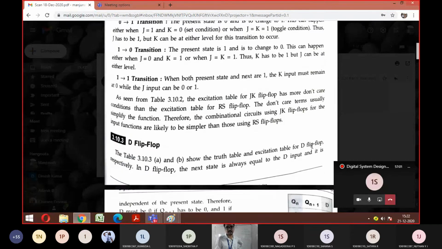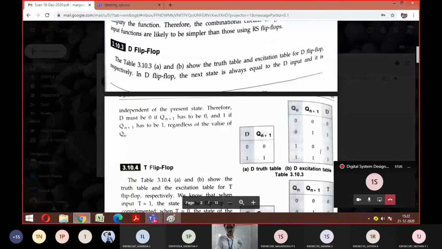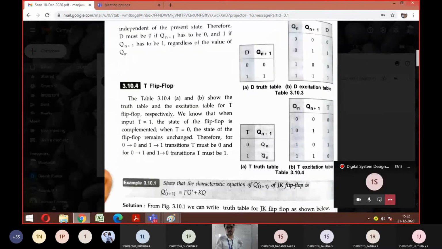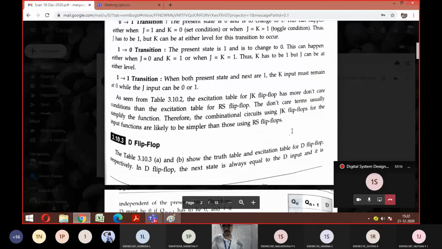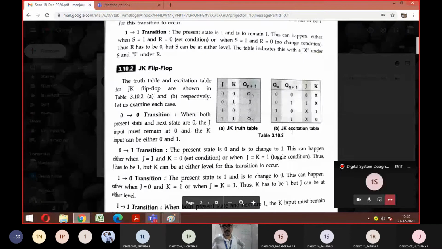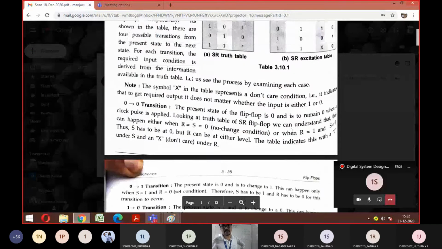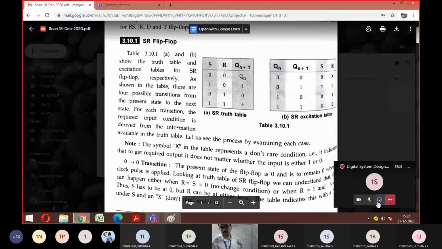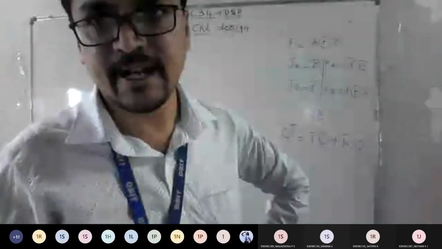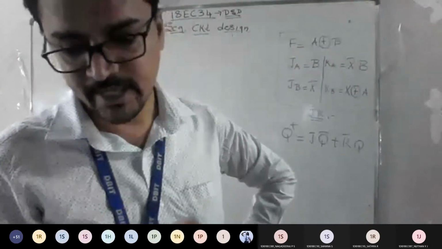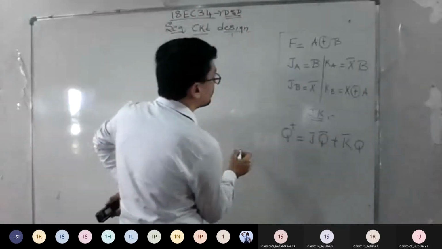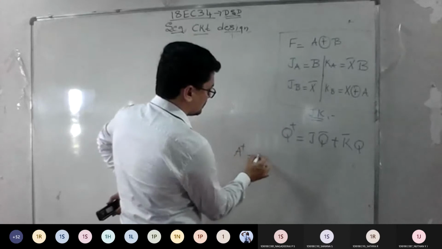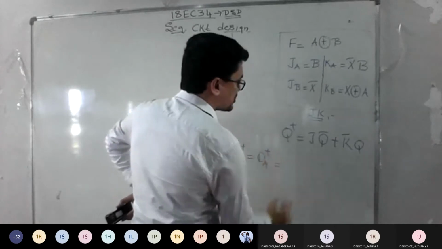See here, this is what we did previously, correct? So we wrote the equation of the D flip-flop. In the same way you have T also. So these 4 truth tables along with the excitation tables are very, very important. So make sure you have an idea about this. If you know this, then the remaining thing becomes easier. So after writing the state excitation equation, can you tell me what your present state and next state will become? I actually want A plus, nothing but QA plus. So what should I do?